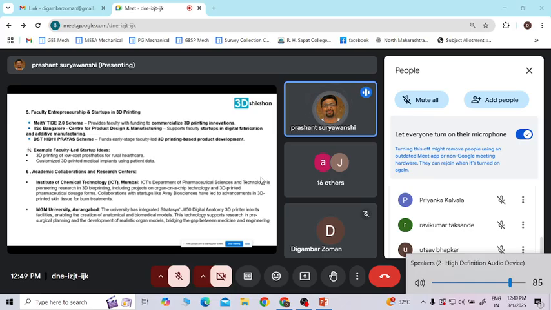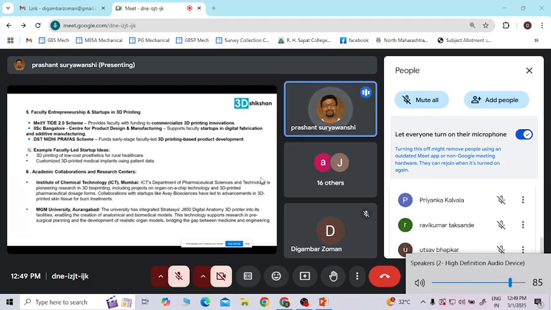So customized 3D printing medical implants again, and low cost prosthetics, because prosthetics are inherently very costly. So how rural healthcare gets strengthened with this. Then academia, I think we have already covered this, but Institute of Chemical Engineering, so they are doing some fantastic research in the pharmaceutical science and technology, pioneering the 3D printing, bio 3D printing and all, right?